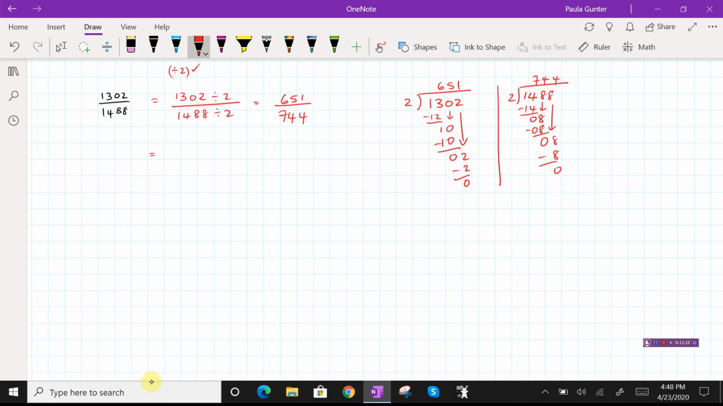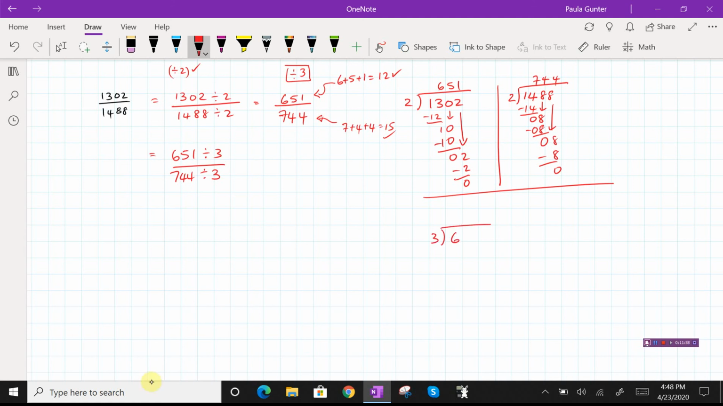We can then check, is this resulting fraction, can I divide it by my next prime number, 3? So let's check. The sum of the digits for the numerator is 12, so that's good. How about the denominator? 7 plus 4 is 11, plus 4 is 15. So yes, both of these, 651 divided by 3 and 744 divided by 3. Let's do that. So again, these are problems in which your rough work is much greater than your actual solution